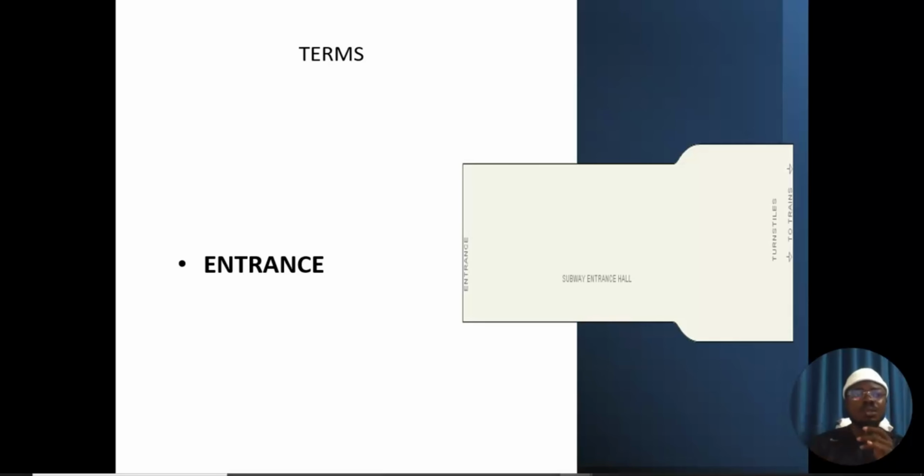Because when you're entering into a subway, you just don't enter into the place and find yourself inside a train or inside wherever you're going. But there's going to be a building where you are being processed before you get to the train point where you go into the train. But looking at what we're talking about here, we're talking about the entrance into the building where you are going to be processed before you go into the train. So that entrance point, that entry point is what we're talking about. So this is where pedestrians enter a space from the outside environment and begin their